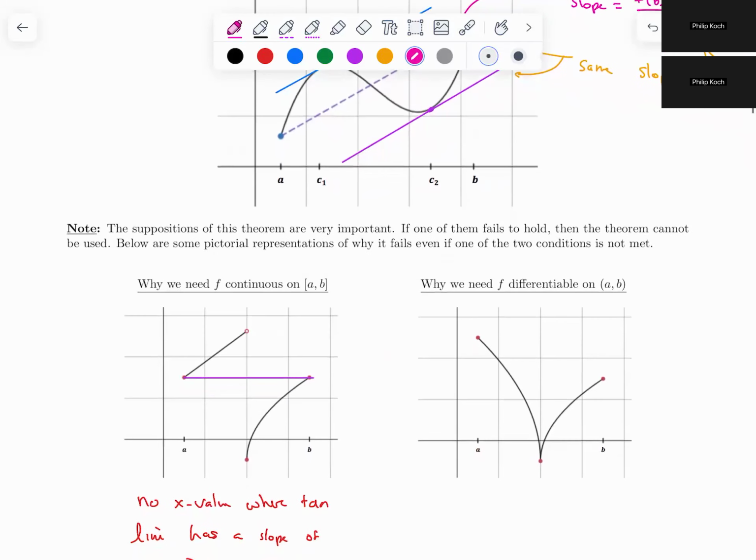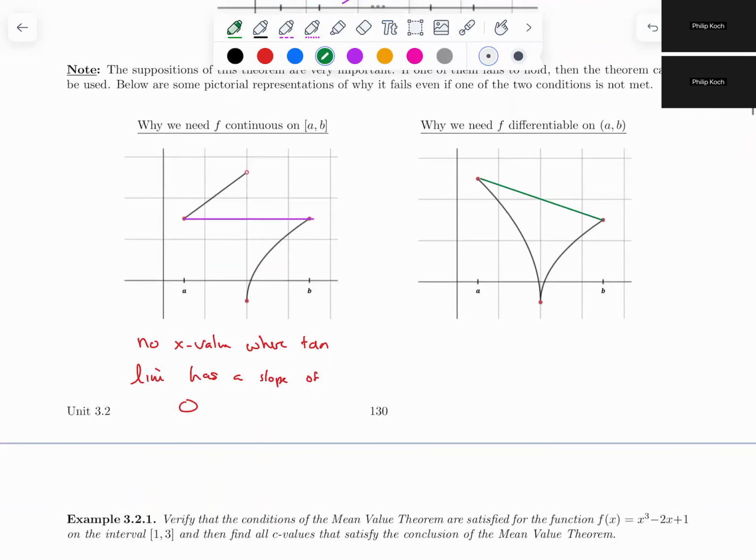Why do we need differentiability? So with this one, if you were to draw the secant line connecting the two endpoints, there's no x value that has that tangent line slope. There's no point on the graph where you would have a tangent line that has that shallow of a slope. All the negative tangent lines are on the left half before the cusp, and none of them will look like that. So that's why you need continuity and differentiability. But either way,